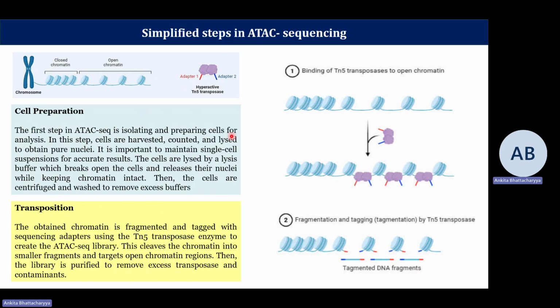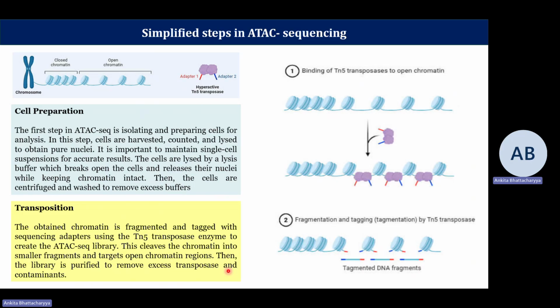Then these cells get lysed in single cell suspensions. They're lysed by lysis buffer, which breaks open the cell, releases the nuclei, keeping the chromatin intact. Then these cells can be centrifuged and washed to remove excess. The obtained chromatin is then fragmented and tagged with the sequencing adapters using the TN5 transposase to create the